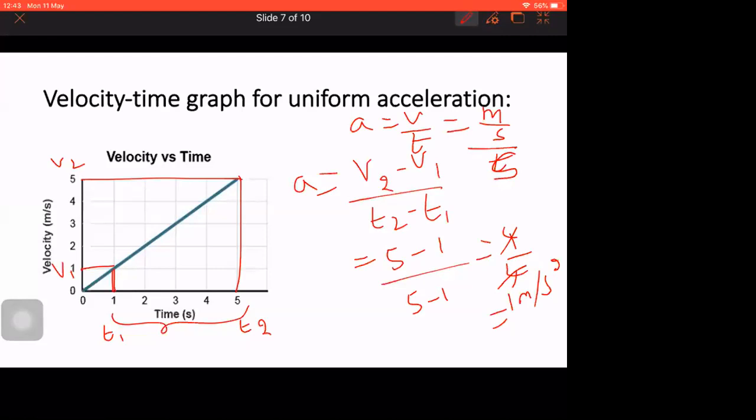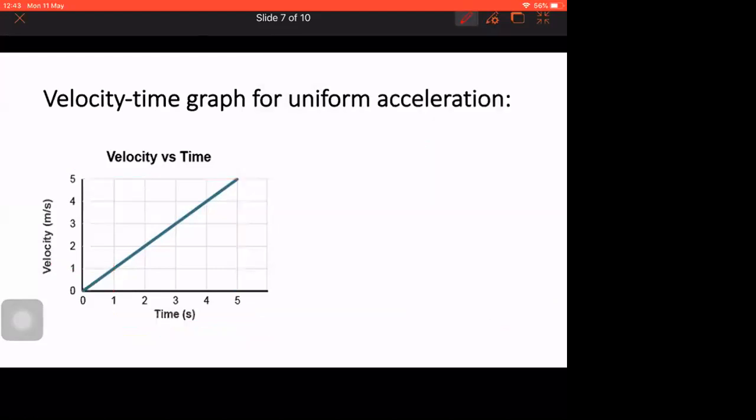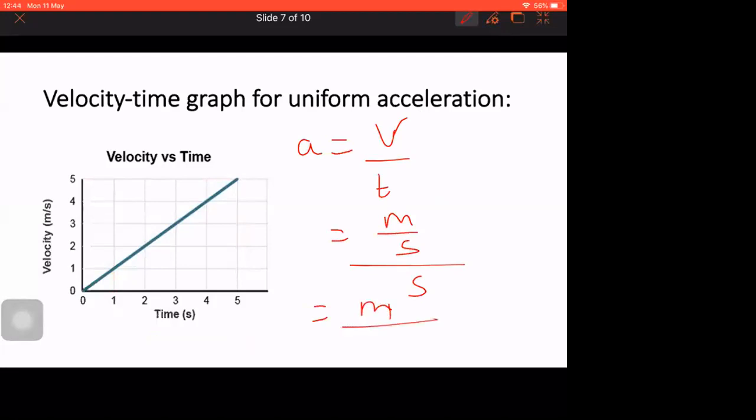Do you need to do that much? Yes, I'll do it. Wait. I have a doubt about the acceleration units. I'll finish the units, then you can ask. I'm trying to find out the units of acceleration. Velocity has SI unit meter by second, time is second. Now what can I do? This second will come down. Meter divided by second square. That's it. I'm writing it simply like this.